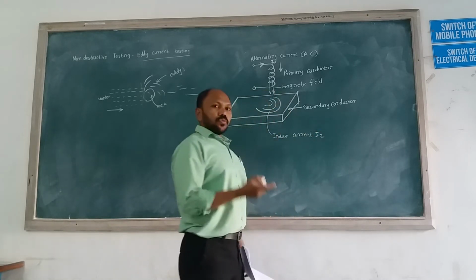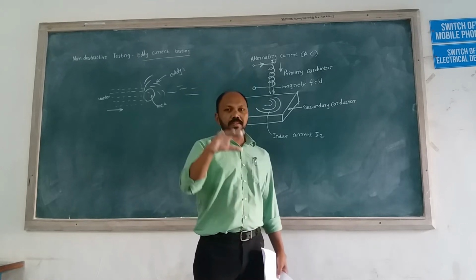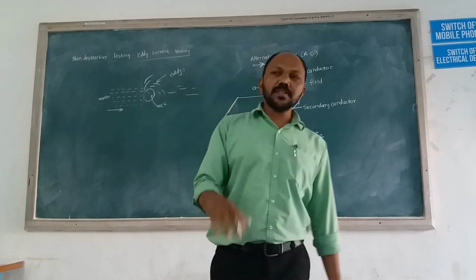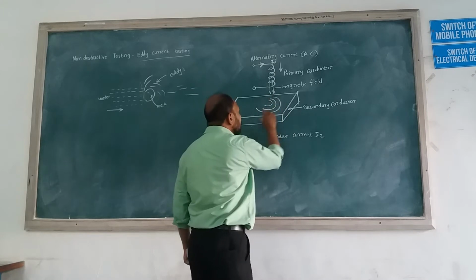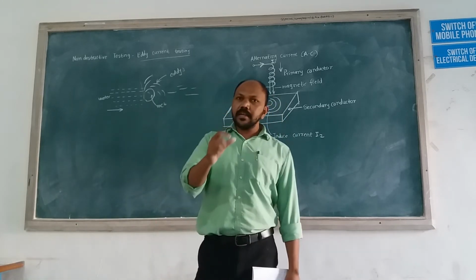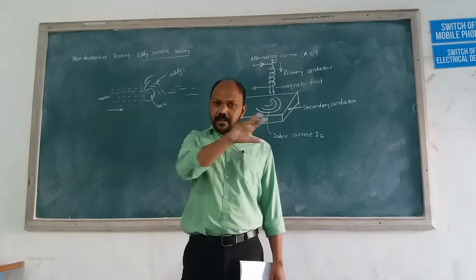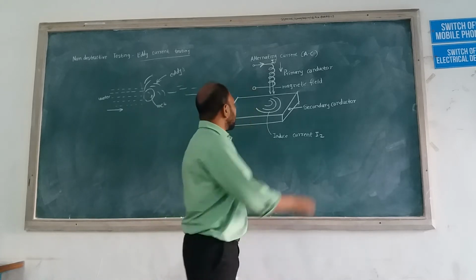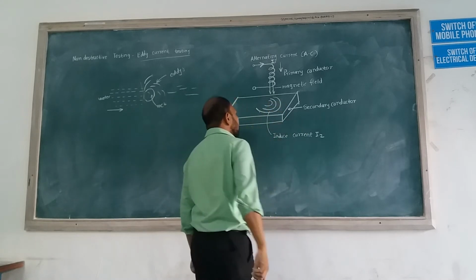Okay, so due to this magnetic field going through this conductor, some current gets induced, and that is called induced current, and this induced current flows on the surface like this. Okay, there should be some pattern for that surface. So in that regular pattern it flows like this. So this is induced current.